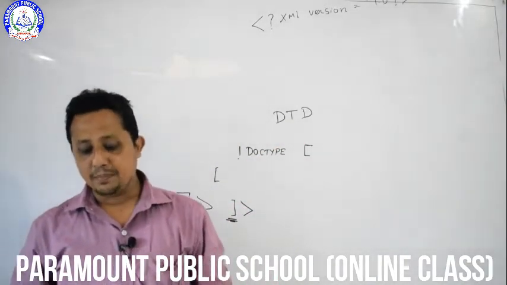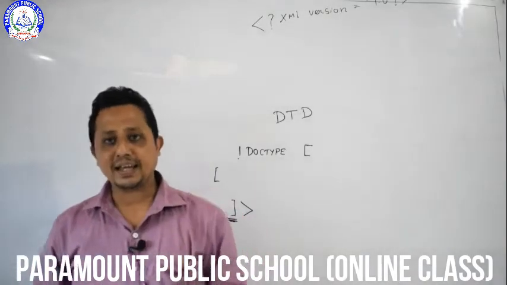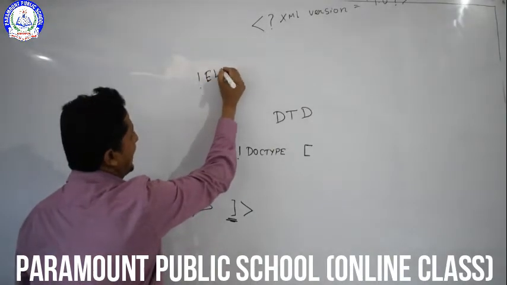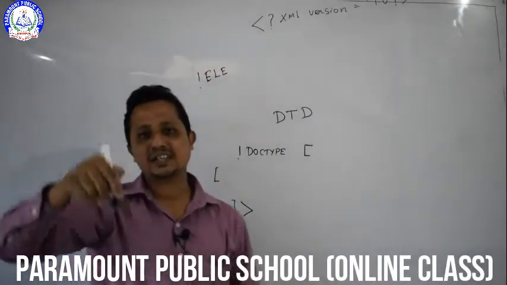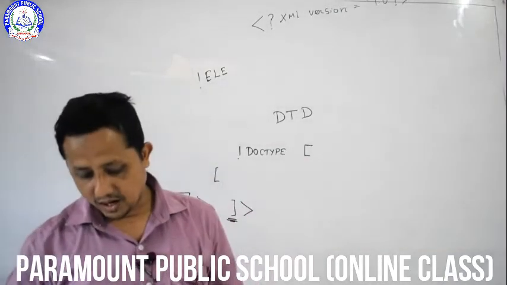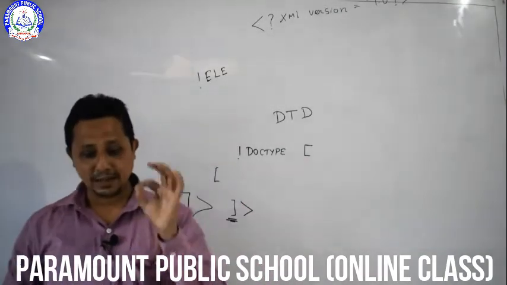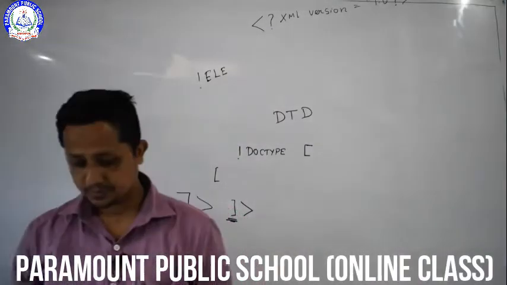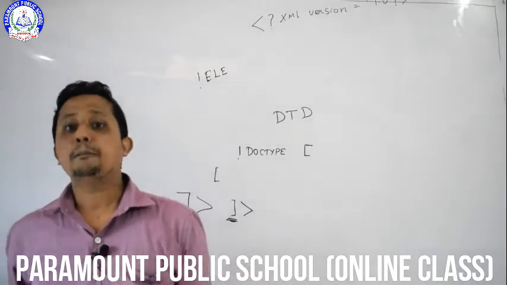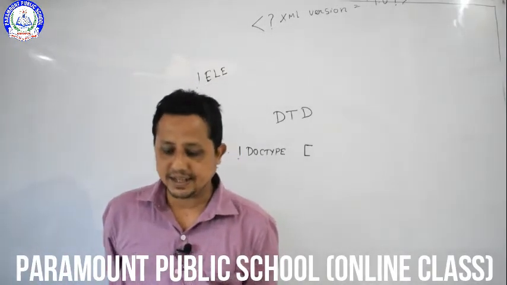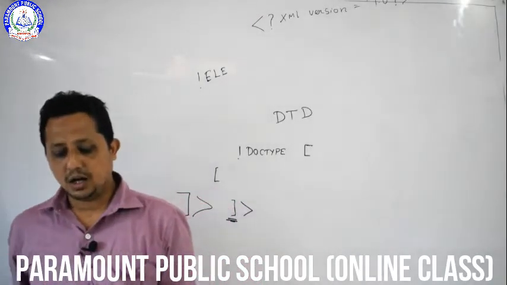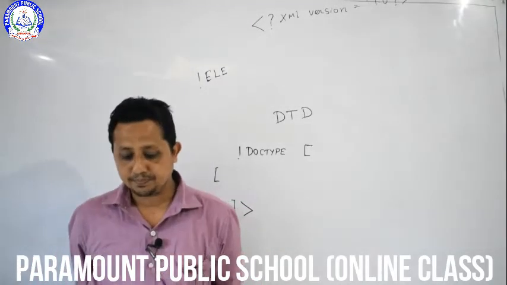And the declaration of an element starts with the less-than sign, exclamation, and the uppercase ELEMENT. The elements are declared with the exclamation sign and the uppercase ELEMENT. You can see the example in your book, page number 98. Now what is PCDATA? PCDATA means parsed character data, and basically it represents zero or more characters.